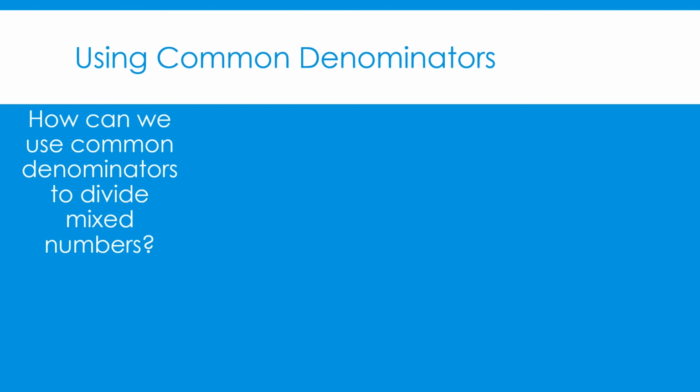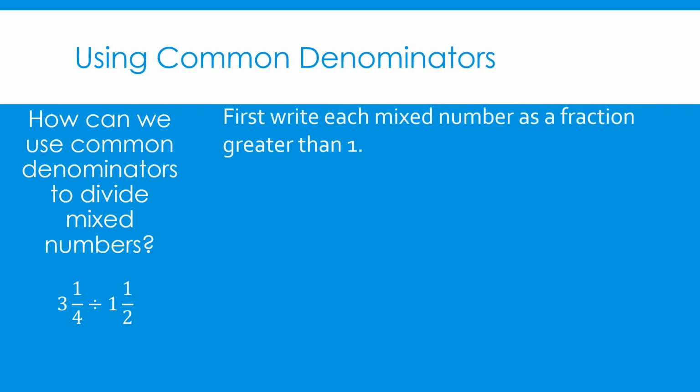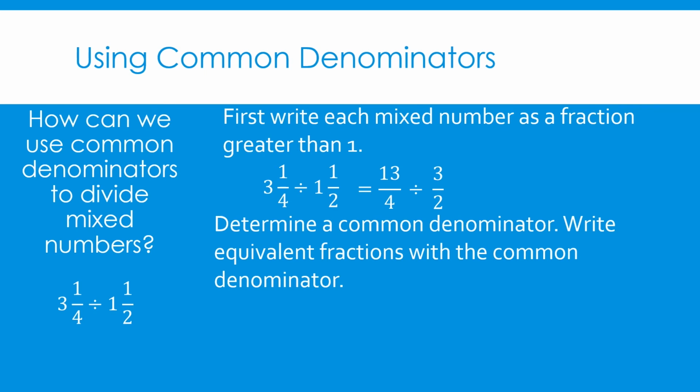How can we use common denominators to divide mixed numbers? To solve the problem 3 1/4 divided by 1 1/2, first we need to write each mixed number as a fraction greater than 1. 3 1/4 is equivalent to 13/4. 1 1/2 is equivalent to 3/2. Next, we need to find a common denominator. 4 is the least common multiple for our denominators 4 and 2, so we will use 4 as our common